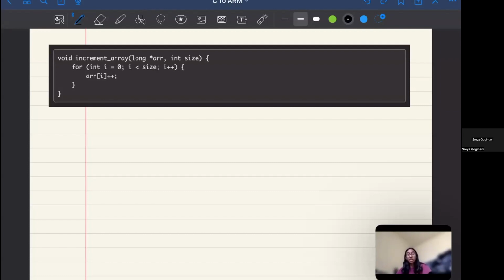Today, we're going to try and translate the C code for this function increment array into ARM assembly code. Increment array takes a pointer to an array of long types, and it also takes an integer for the size of the array. And then it increments each element of the array by 1. And for the sake of this problem, let's assume we're running on a 64-bit system,